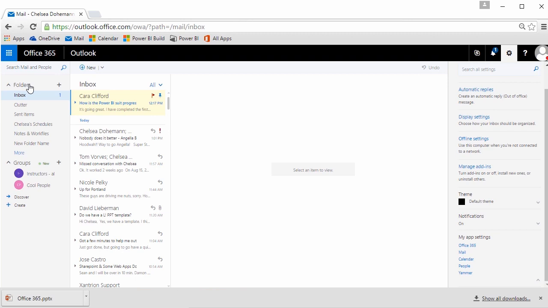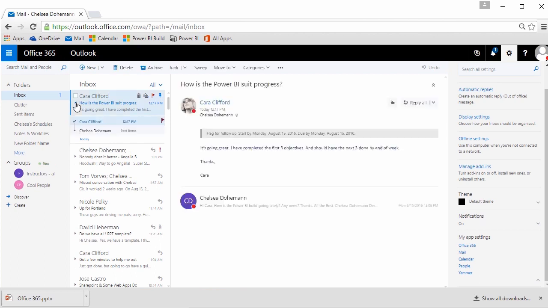Conversation view comes in standard with Outlook now. If you have written somebody an email, and they've written one back to you, and you back to them, and them back to you, and so on and so forth, that's a conversation. And rather than seeing each one of those emails stored separately in your inbox, now they are grouped together in conversations. Anytime you've had a conversation with somebody, you will see this triangle showing up to the left of the subject line. If you click on that triangle,